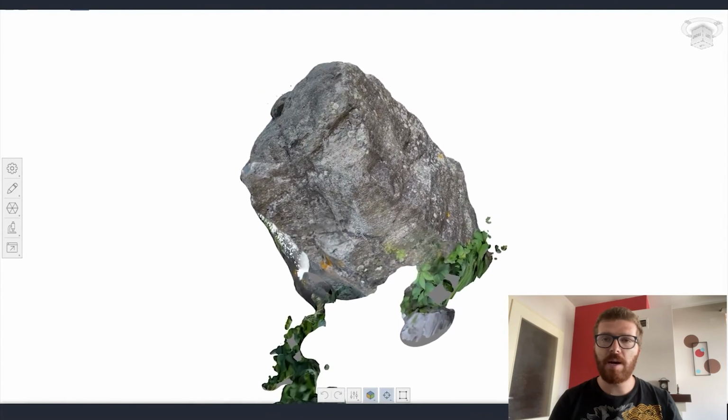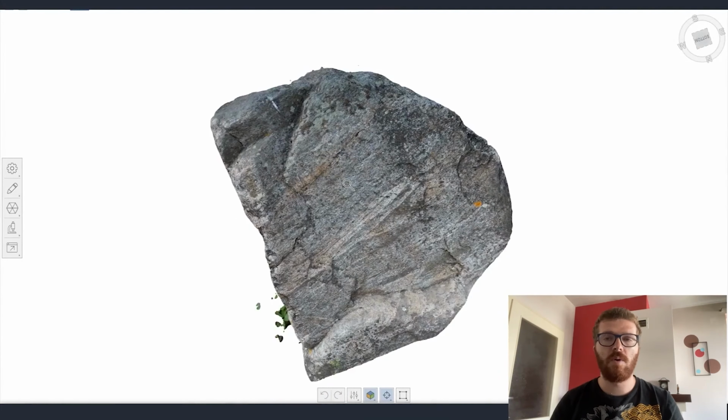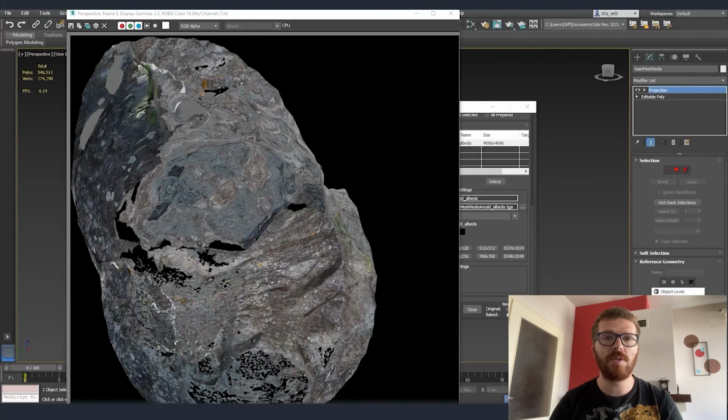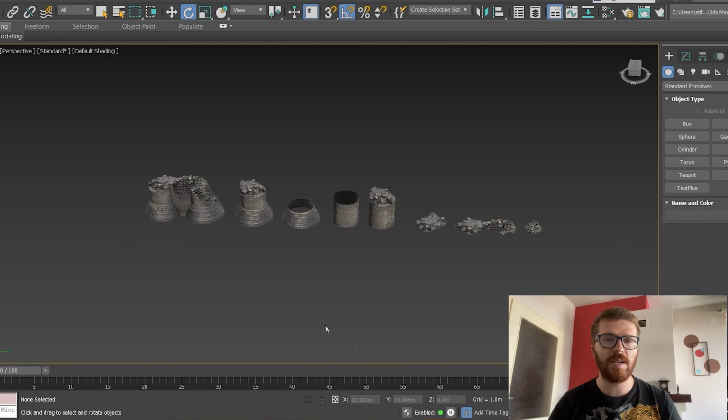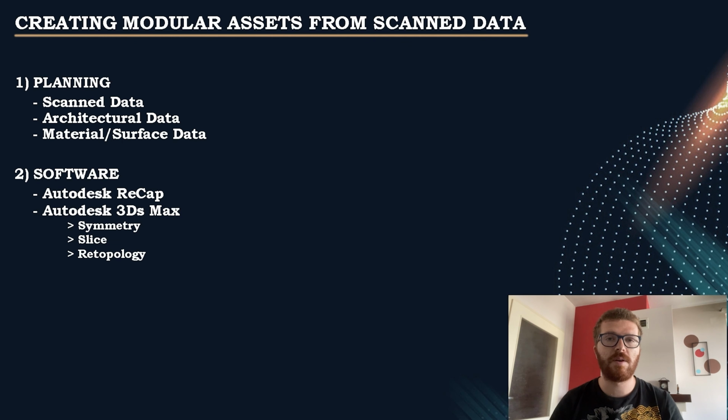Once the data from Recap has been calculated, we get a couple of things. We get a high poly version of the asset, and we also get a set of textures. We can use these two to create different variations of this asset or just create a small portion of it. For example, if we have a whole wall, we can just cut one stone from this wall and, using some of the modifiers inside 3ds Max, recreate the other part of this stone. Even better, we can use some of the modifiers inside 3ds Max, like the new retopology tool, to recreate a whole section.